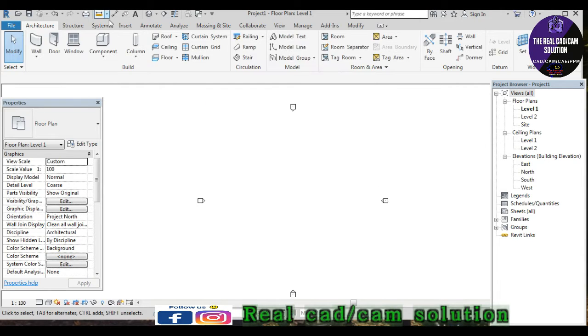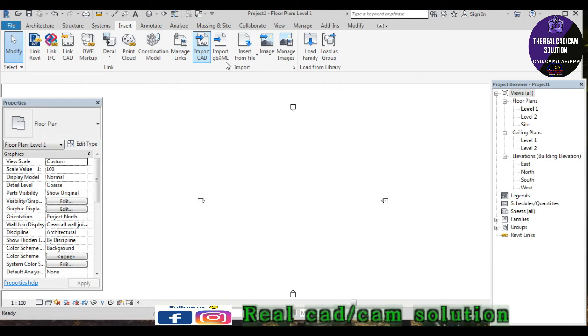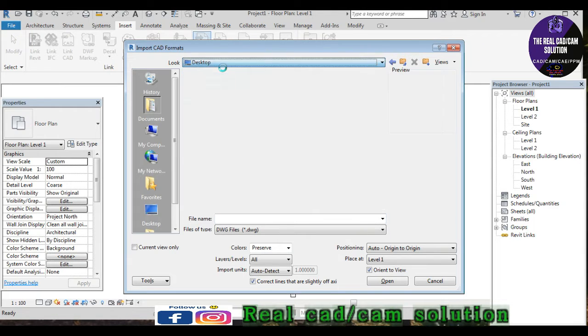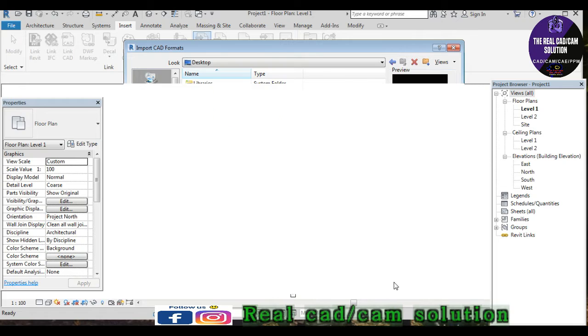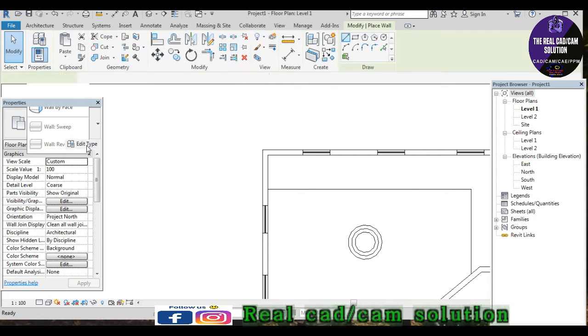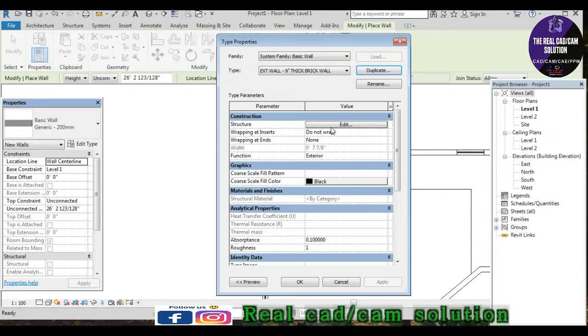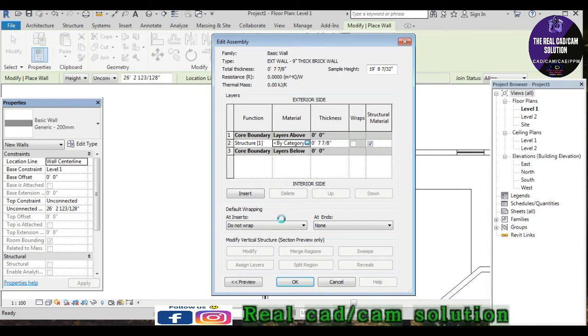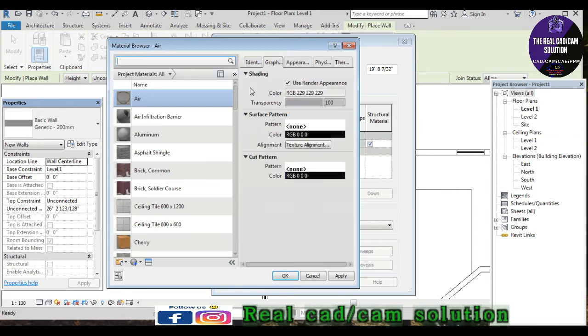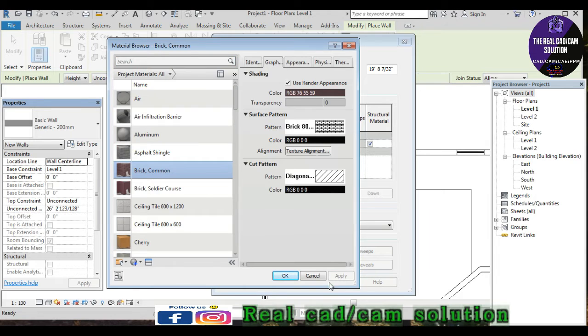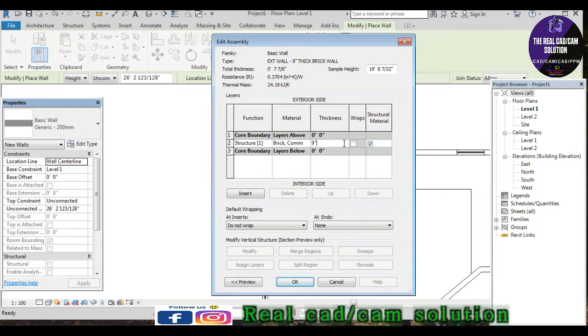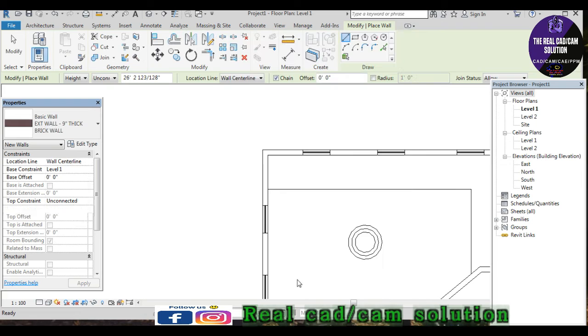Then I choose to import my hotel layout because my design is a small restaurant. That's why I choose this. And then I choose my architect wall. It's a 9-inch thick brick wall, the same procedure as before. And choose the material, a brick component material, first class brick. Give the thickness 9 inch. Then okay, it's presented.